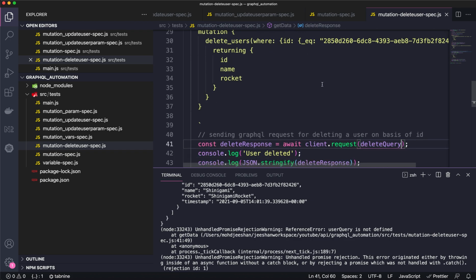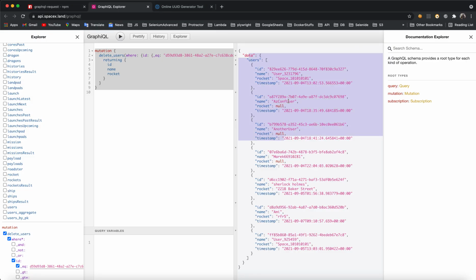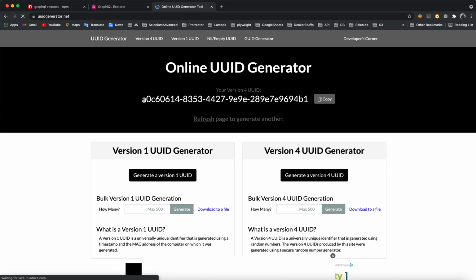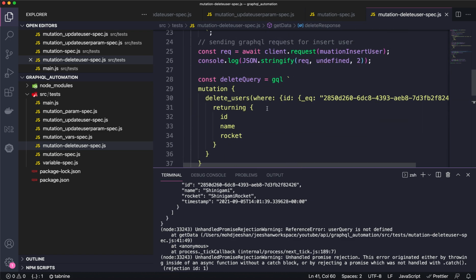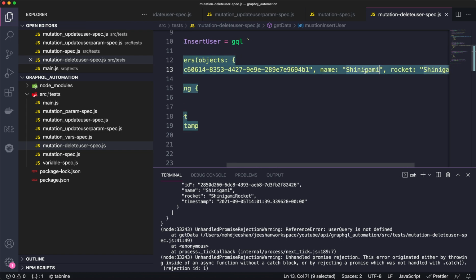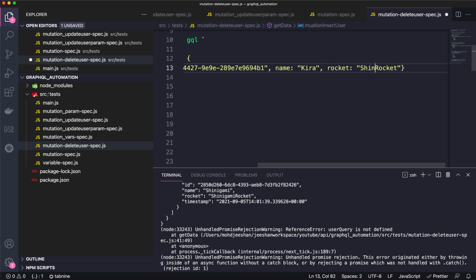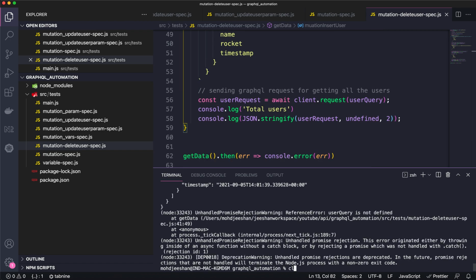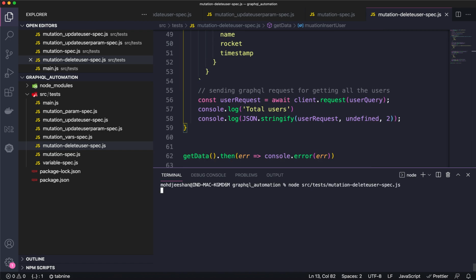So delete query. So I did the delete query at this point. So let me just change the UUID, right? The reason being I am doing it because if I just create another user with the same UUID, then I got some error. Definitely. Let's name it as Kira. Just to differentiate from the previous record, I'm just doing this. Okay, now let's see what will happen in this case. Let's try to execute.